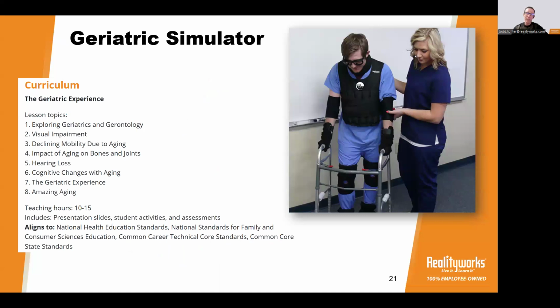So if you look at the curriculum that's packaged with that, because that's something that's really important to us here at Realityworks, there's quite a bit that's included. You can see that there's a whole complete learning experience, 10 to 15 hours of engagement. And every student I've talked to who has participated in this, you can just see the light bulb clicking on, like, oh, I get it now. I understand because they're making that connection to what they experience to the people that they love in their life